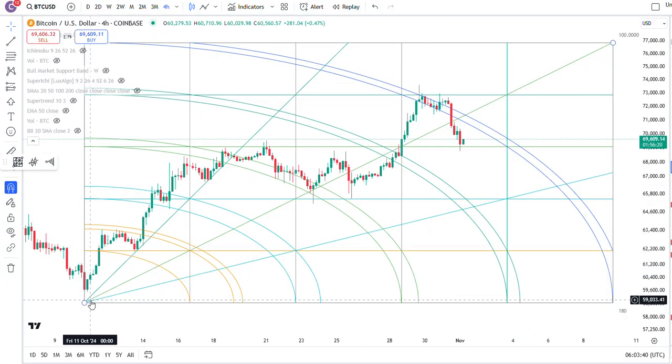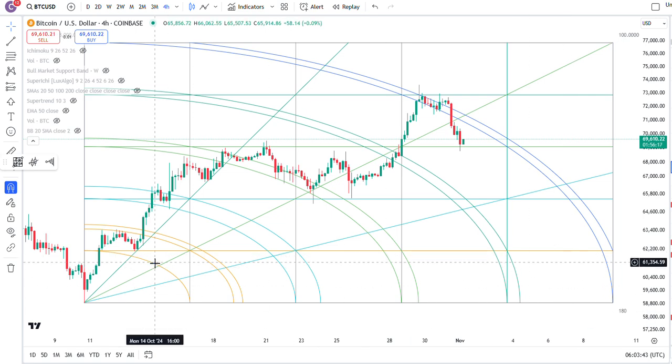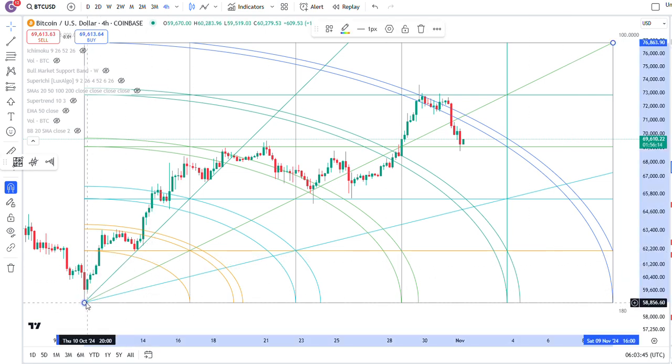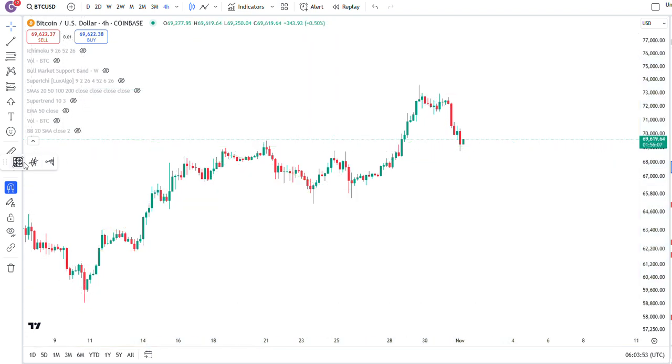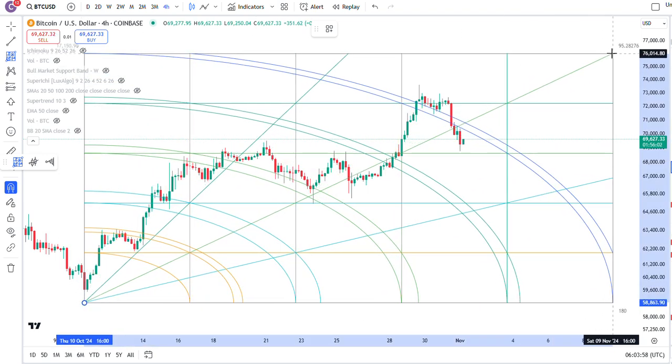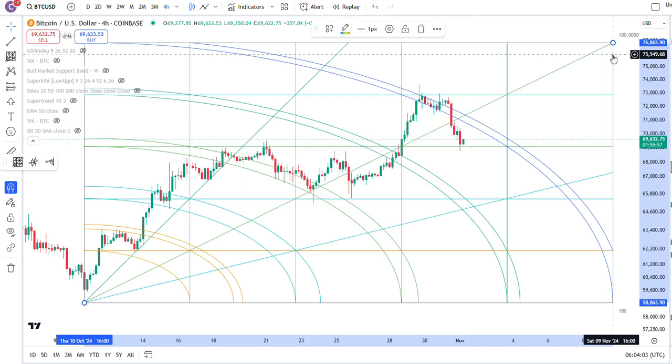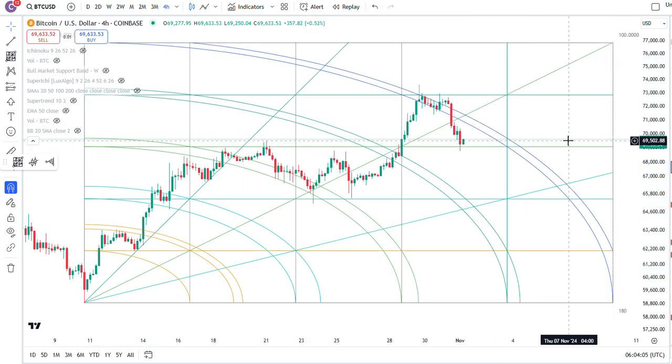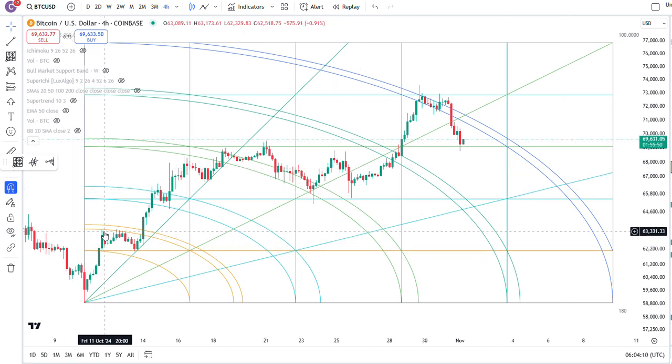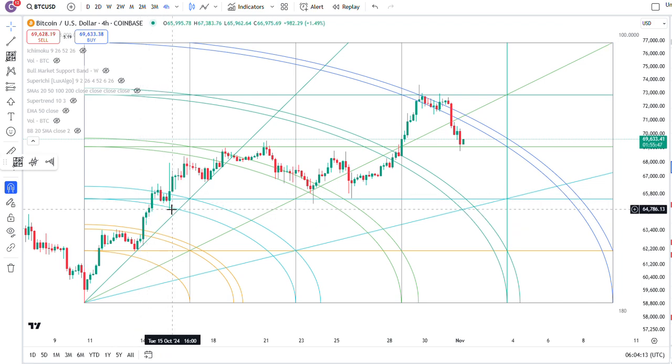I really started following the 4-hour chart, and the way that I drew it is not because I'm changing anything. All I did was pick a low point back on October 10th, and it's very simple. I just used a magnet. I tracked it. I used the number 180, and I changed the ratio to 100. These are a predetermined set of numbers that you get to use for Gann square, and I just put in all those, and this just pops up, right? So what you're seeing here is getting rejected, getting support, rejected, support, rejected, and then you're trying